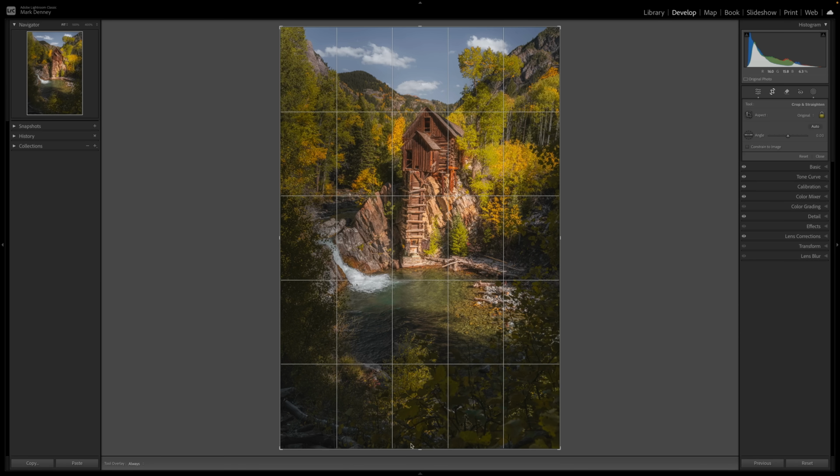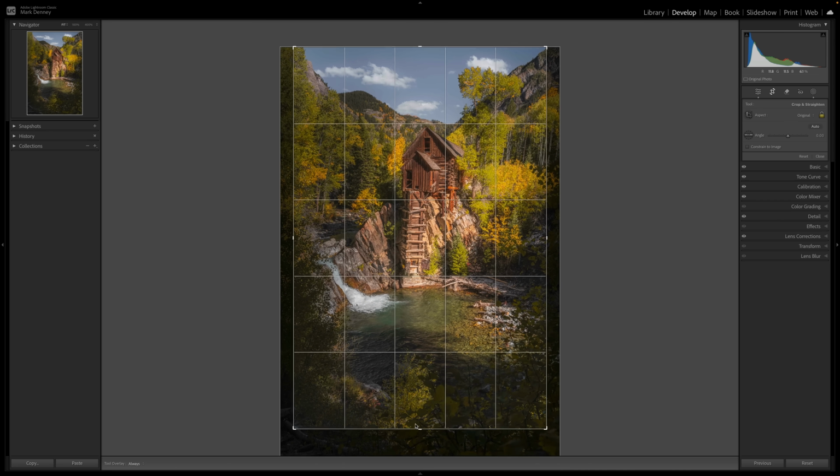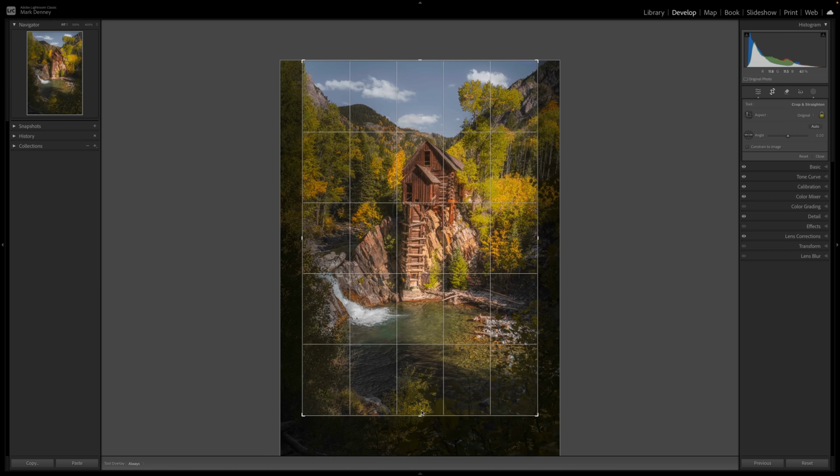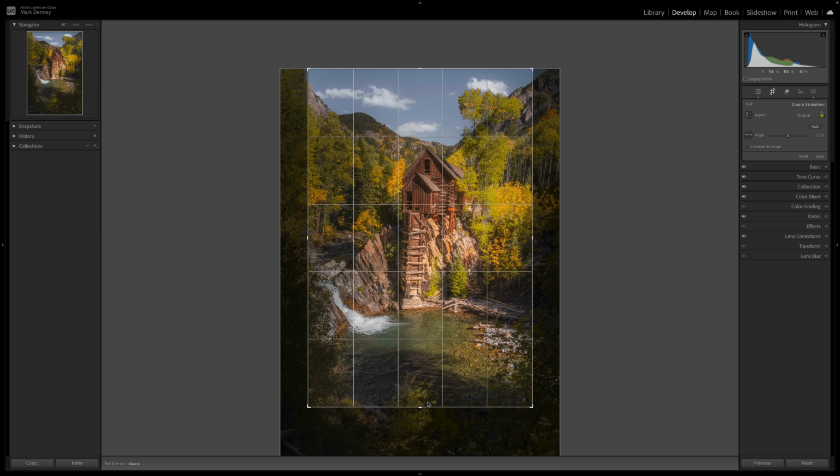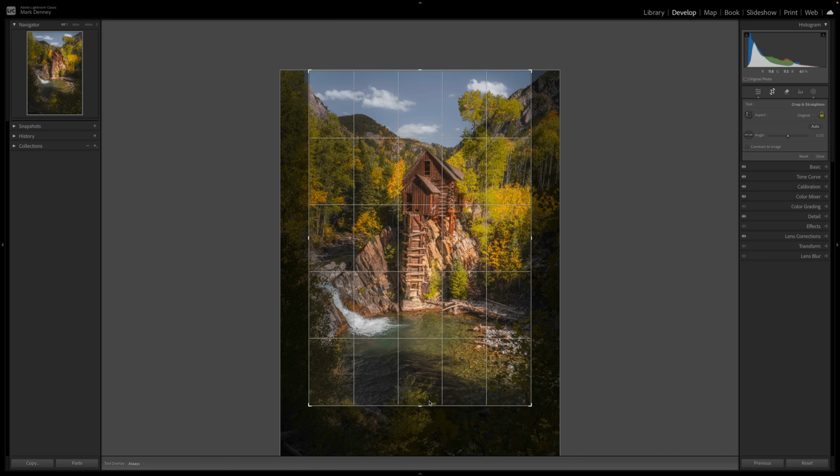But I think that I do want to bring this up a touch, maybe something about right, maybe like this. This is starting to look a little bit better. I kind of like the way that the mountain exits the frame up here versus the way the mountain exits the frame here. They're at very, very similar positions. I'm still able to capture this cloud, able to capture this tree, but I'm eliminating a lot of this area